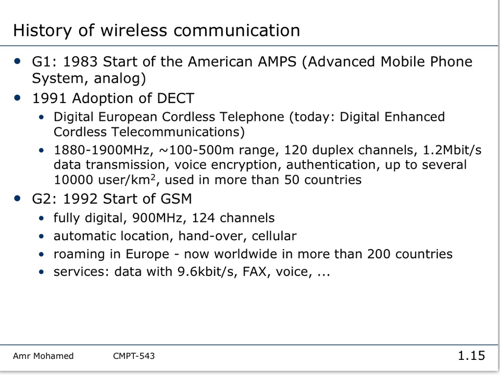Initially, people were communicating first and foremost using voice. We did not have the luxury, or the perception, to send each other data or email or something like this. So in the early days, the main objective of any type of communication was first and foremost voice. People know how to communicate using voice face-to-face. So the idea is how we can allow people to have voice communication even if they are far away from each other. So this was the first objective.